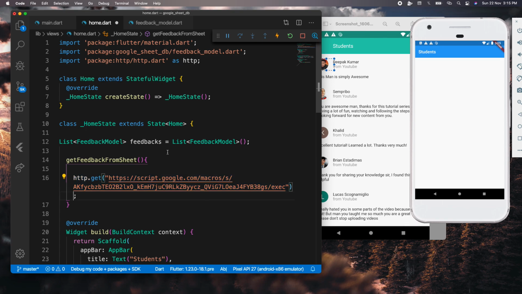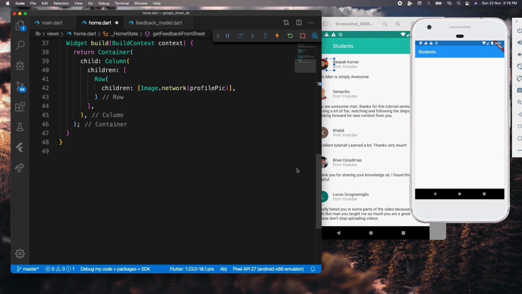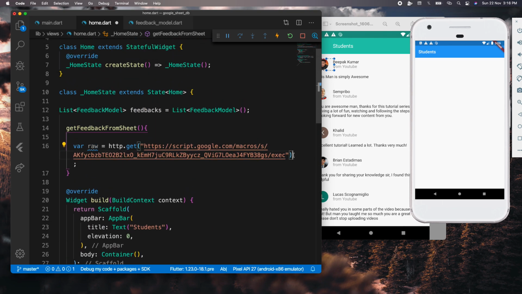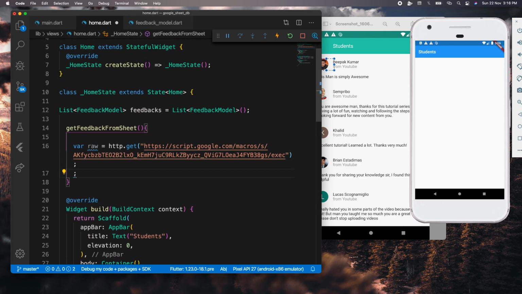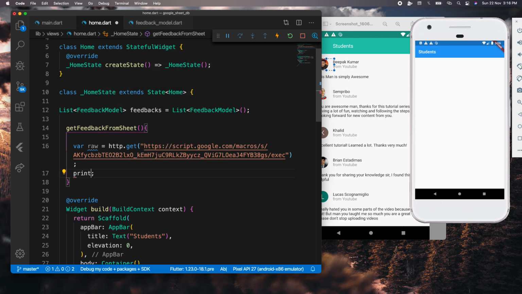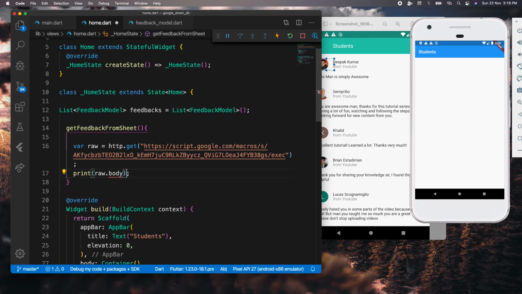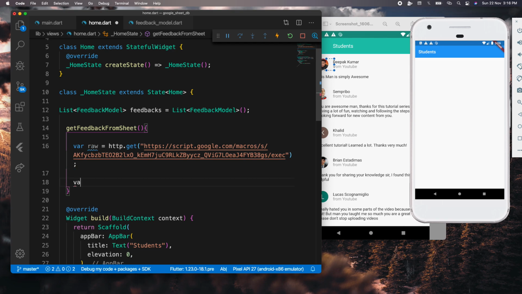from this to this one, right? So what I'm going to do now is I'm going to say variable raw, whatever you want to name this, data. This is basically the raw data which we are getting, right? Then what we can do, we can say print raw.body. We can have a look at how it looks like, but I guess we should just move on to